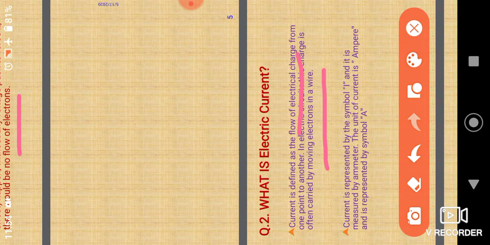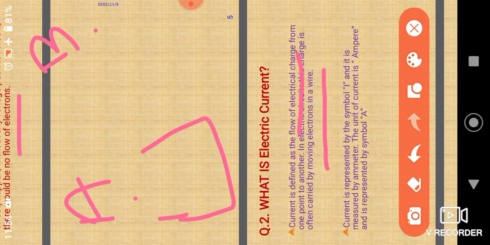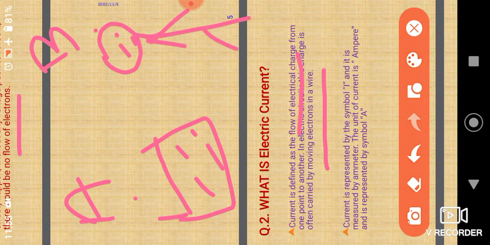Now try to understand these things with the help of one more diagram. As we know, there are two points, point A and point B. In the first case we have a glass of water. This is one man. You are throwing this glass of water to the man. By what force are you going to throw this water? That force is called electric voltage. In electrical language we say that force is electromotive force.